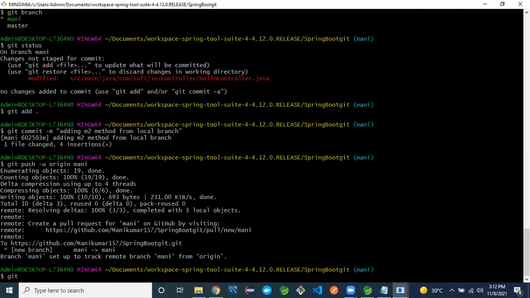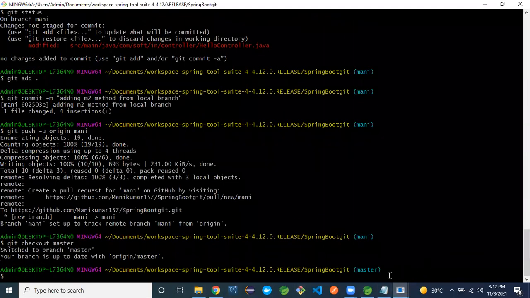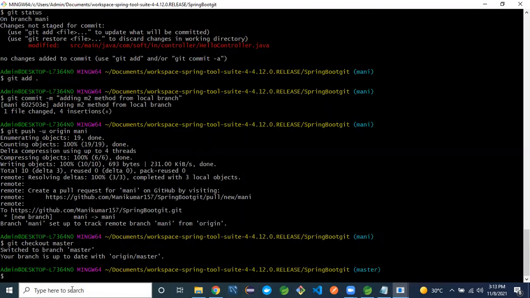Currently we are in the money branch. Git checkout master, I will change to the master branch. See, the master branch is available here.